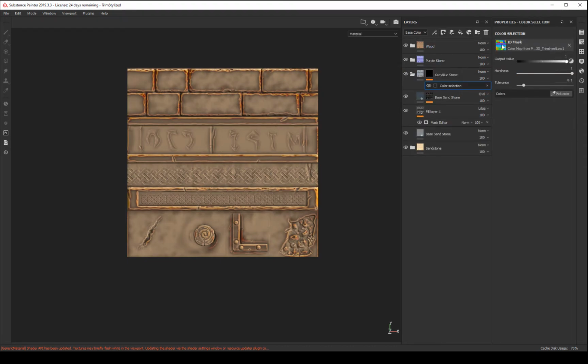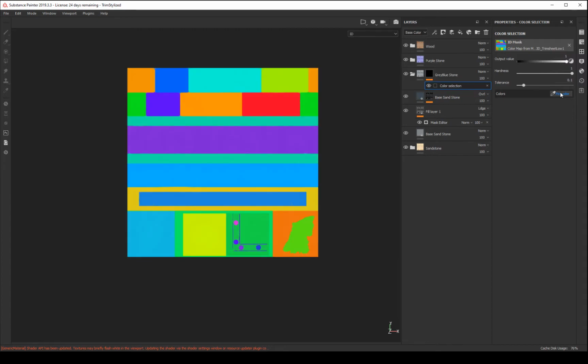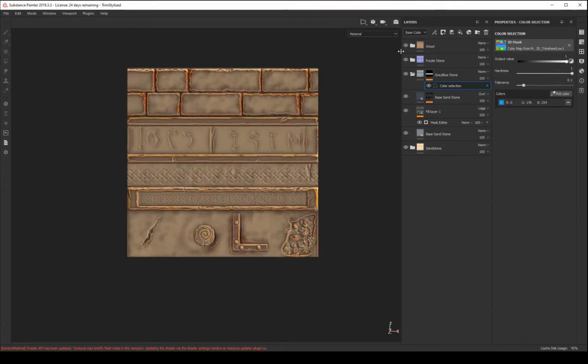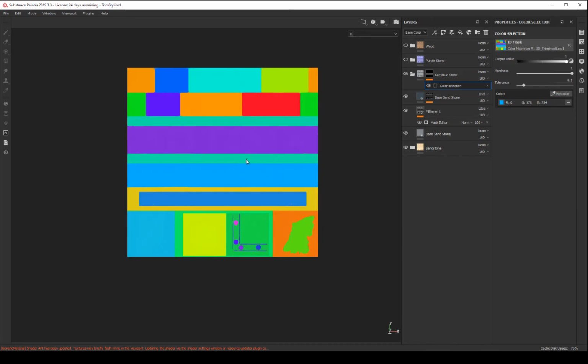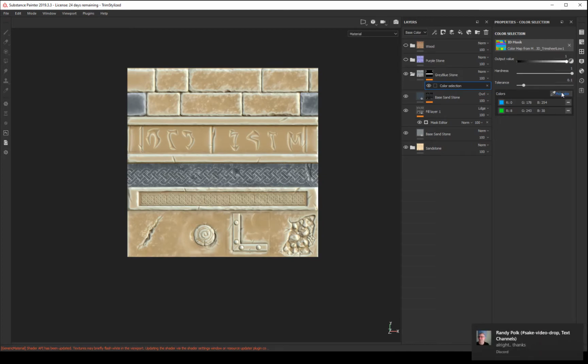And remember that ID mask I made? If I look at it, all my parts are all set up for me. So I'm going to say pick color, and look, it all turns one color, and I'm going to say this is my gray stone. So I'm going to take this one, and I'm going to go ahead and hide these first. So I just have gray on there, and I'm going to pick another color like this one, and this one,